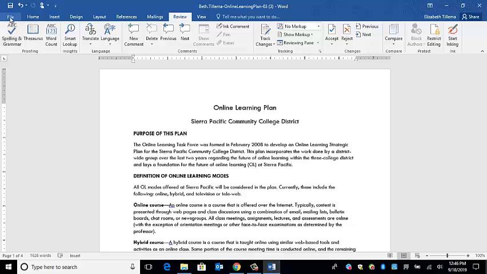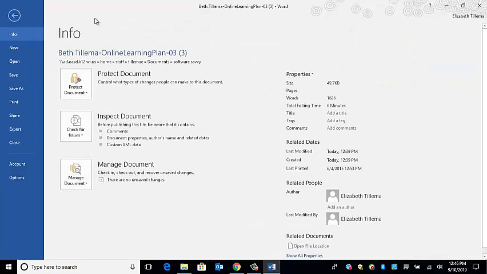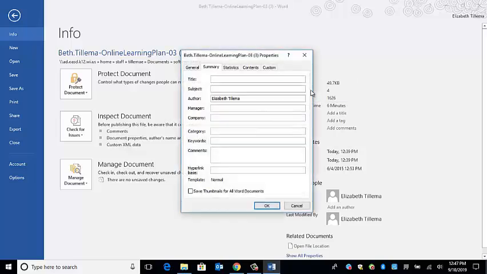So in order to put these properties on, I need to go to my File tab, and I am going to go to my Properties button. Now once I get to Properties, I'm going to go to Advanced Properties, and it tells me in step 7C for the title, I am going to type in Online Learning Plan. For company, which is down here, I am going to type in Sierra Pacific